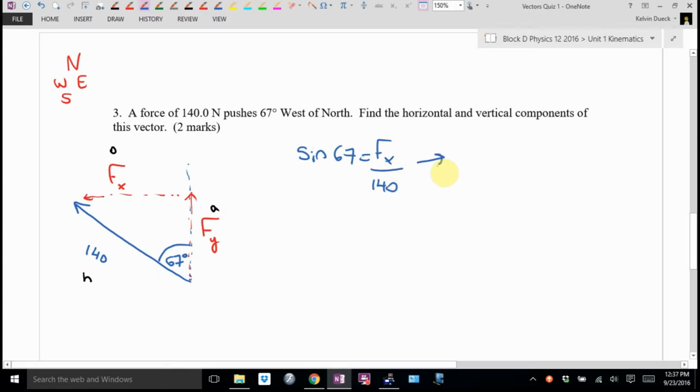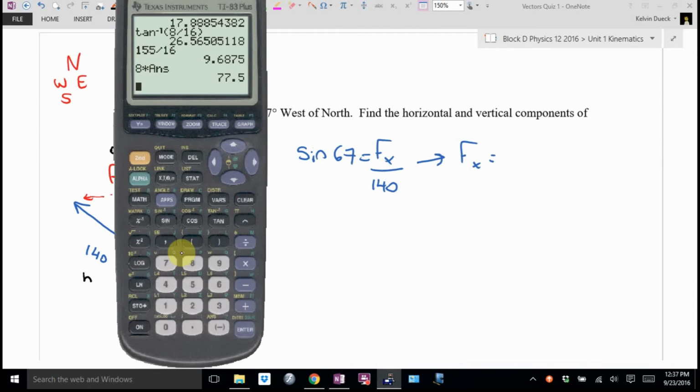Derek, how would I get the Fx by itself? Divide or times? Times by 140. I'm going to just not even bother writing that. I'm going to go 140 sine 67. You get 128.8, 129